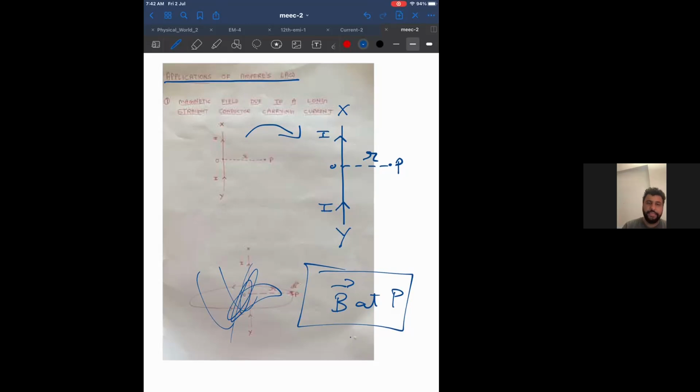You write what is written, then below that I'll give you the paragraph, what you need to do. This is the side heading given in the module, so I've given the same side heading. Actually, it should be magnetic field at P due to a long straight conductor carrying current. Correct? That is your doubt, no? Yeah, it should be like that. Actually, the side heading should be magnetic field at a point placed next to a long straight conductor, but I'll give that in the notes. In the module, it is given as this side heading.